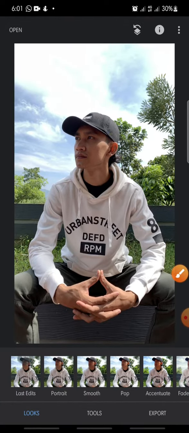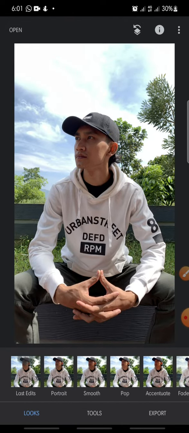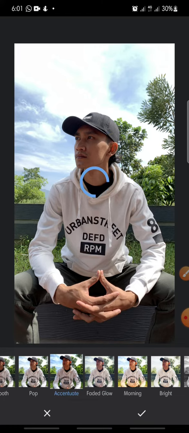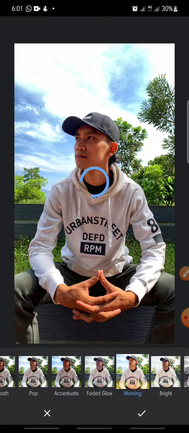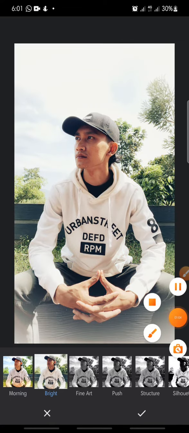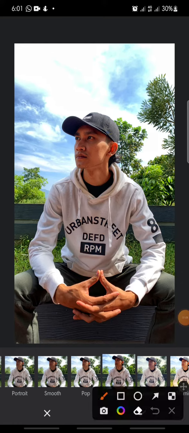Click on it, and in here you can see many filters from Snapseed. You can choose anything you like. Maybe I want to choose this one, I want to try this one, or this one, or maybe this one. Yeah, you can choose anything you like, and then after this you can click the check icon in here